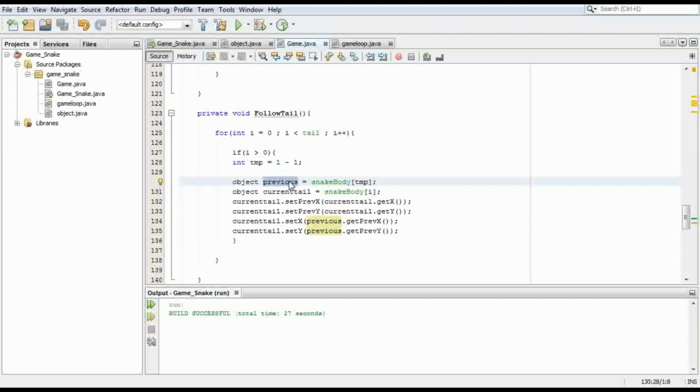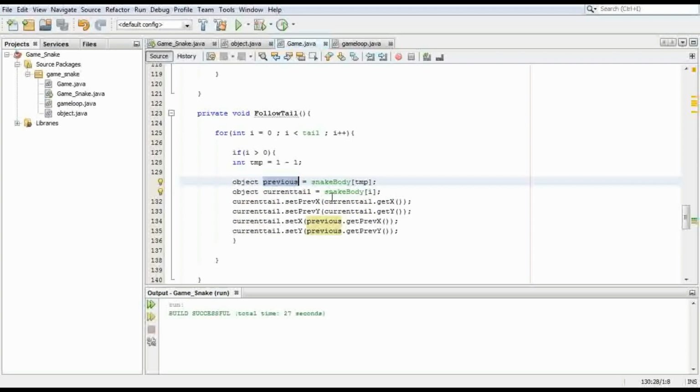We're going to create it here, and then the current tail that we want to work with, we are going to set its previous x's and previous y's to its current x and y's, and then its set x and set y's,